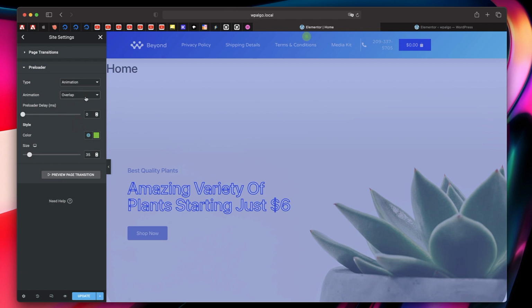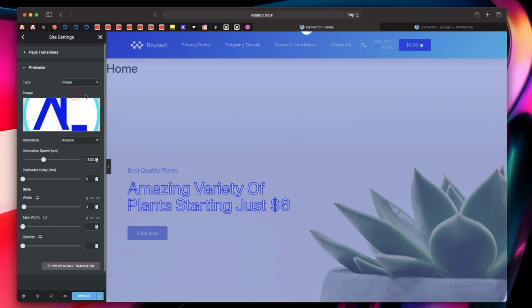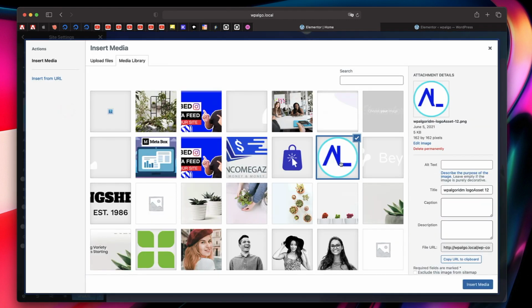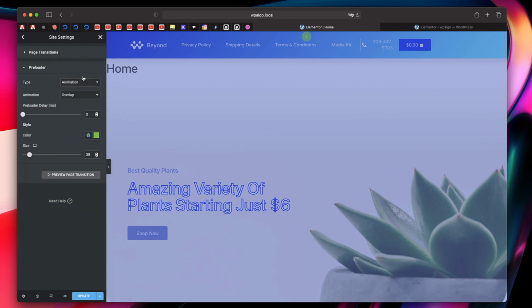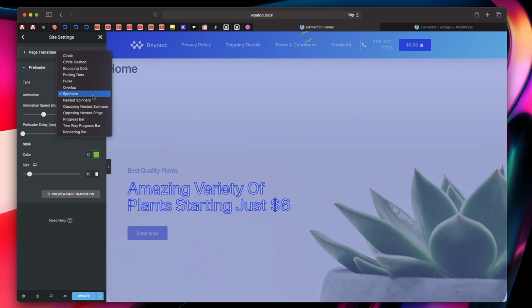So there are multiple options. You can pick any preloader you want. Usually it's a good idea to pick image and choose your logo from here, which is what I did. That way users see your logo when the page is loading, which is a good idea. Or you can go with animation and just pick any animation that you want, maybe spinners, maybe nested spinners and so on.